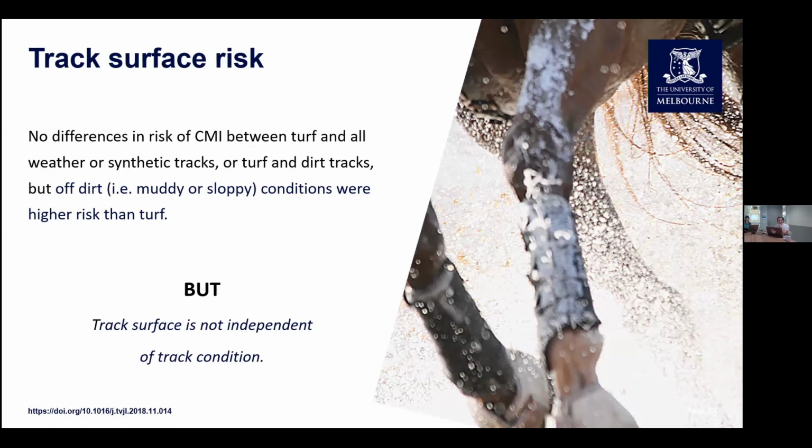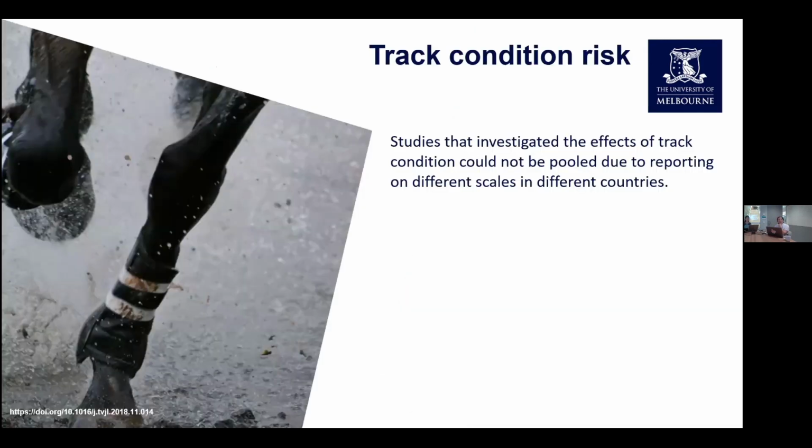For track surface and track condition risk, we found that studies that investigated the effects of track condition were pooled, predominantly for turf conditions, because we have much better information on the condition of turf. We found in 3 studies that racehorses racing on muddy or sloppy dirt tracks were more likely to sustain catastrophic